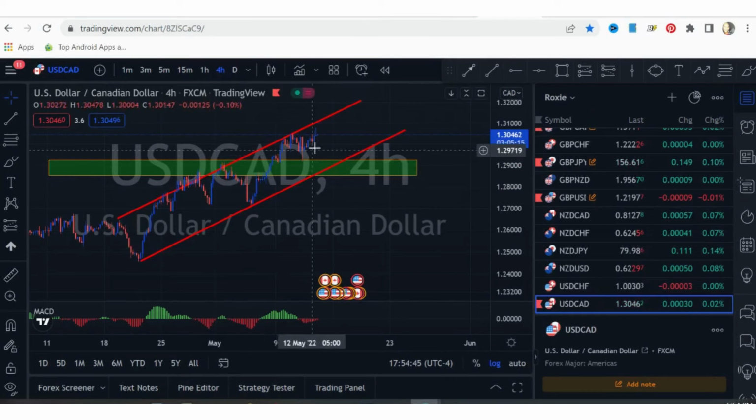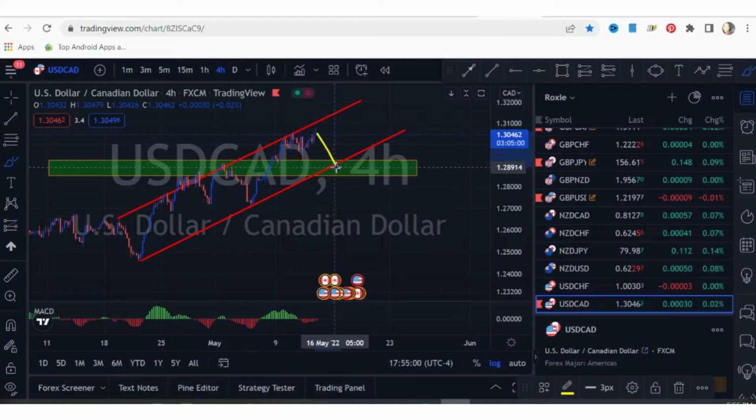All right, now I'm not going to go into details on what I look for in this video, because that could take forever. But say, for instance, for the sake of this video, what if price goes down here, right? And then it starts testing here. Okay. So once I see that, and then I get my confirmation, what I need, and say for instance, I get the confirmation that price may start going back up, guess what I'm gonna do? I'm gonna jump into the trade, and then I will ride it up to,